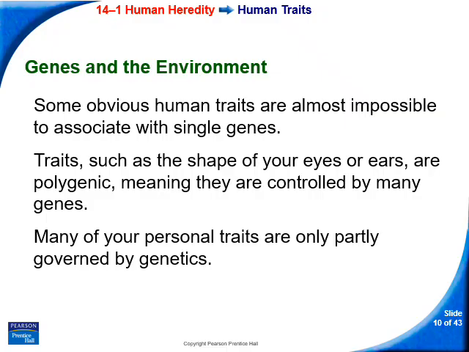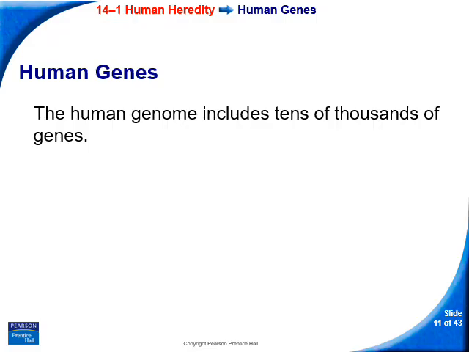and many of our personal traits are only partly governed by genetics. Some of them are controlled by the environment. For instance, the color of our skin is actually a very classic example of a trait that is controlled by our environment. The color of our skin will change because of our exposure to the environment. The sun darkens the skin. The weather will actually make the skin look different. So the environment has a lot to do with how our genes are expressed,